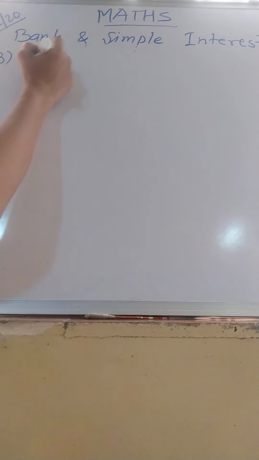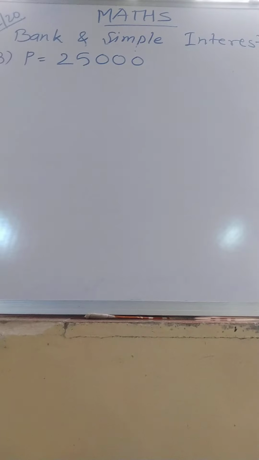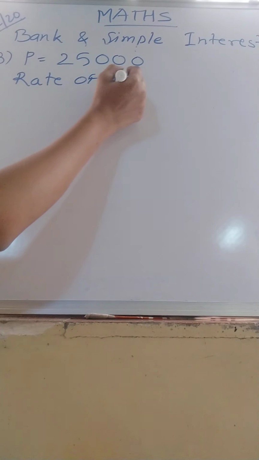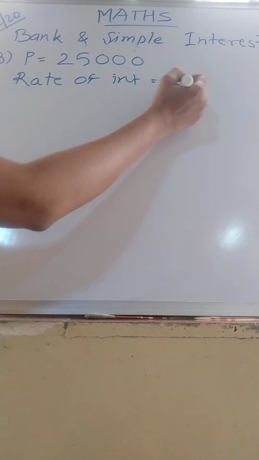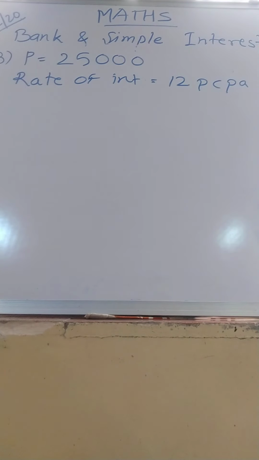See, P is equal to 25,000, right? Then the rate of interest is 12 PCPA, right? You have to find out what amount he has to return to the bank